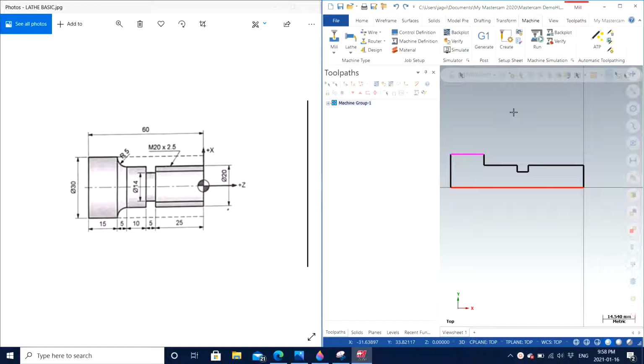So in this video I will show you how to convert the wireframe into a solid, as well as some practical applications of enhancing your efficiency within the software itself, and also making it more application based. So what I mean by application based is that if we think about this particular part in real life,